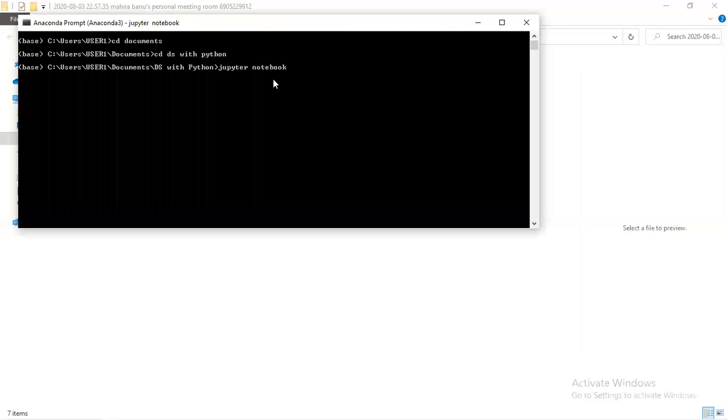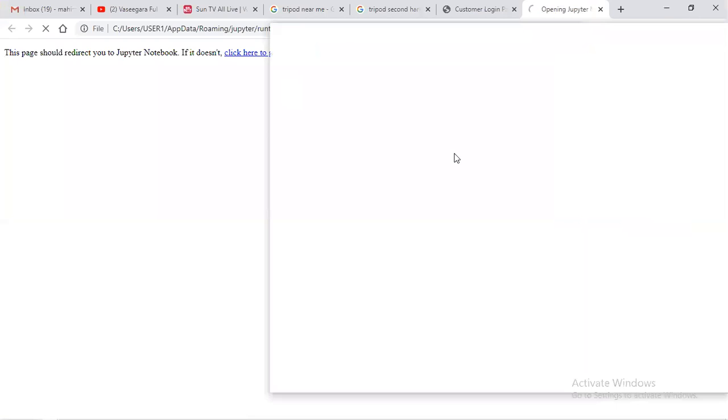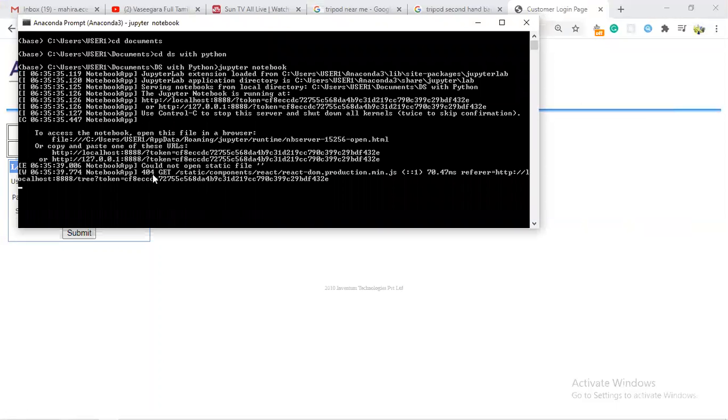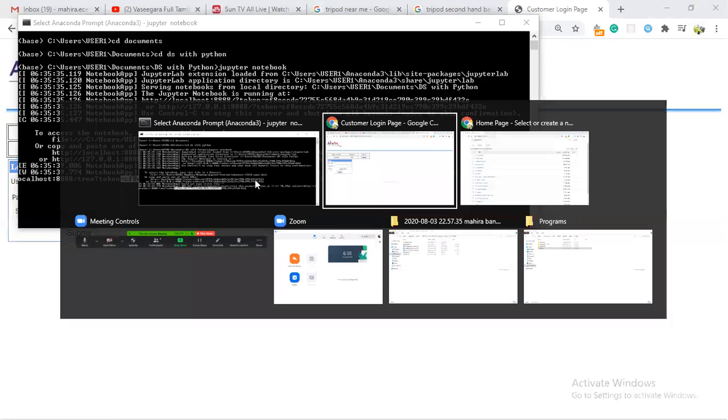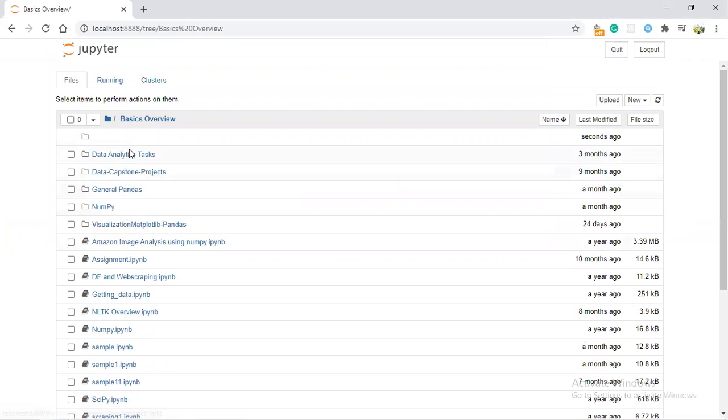Once you've given the Jupyter notebook command, it will take some moments and start to load your localhost, and it will open our Jupyter notebook. We are already aware of how to handle the Jupyter notebook, which we discussed in our Friday session. So today we are going to start with NumPy. Sometimes when you open it the very first time, if it asks for a password, kindly give this token as the password. It opens something like this.